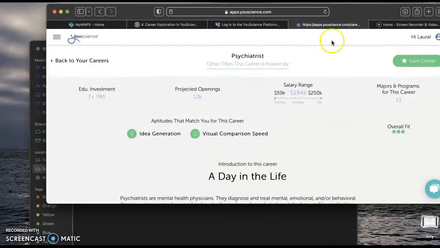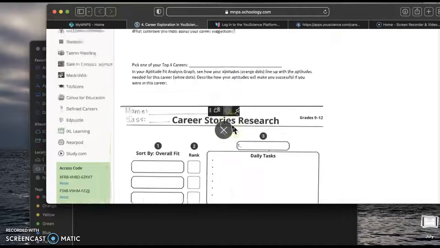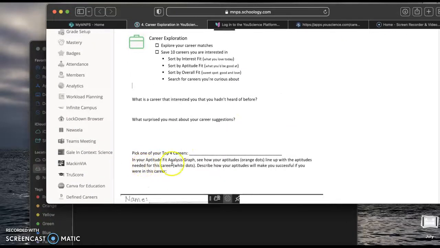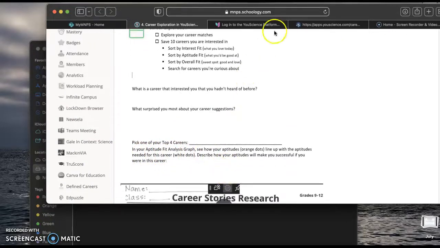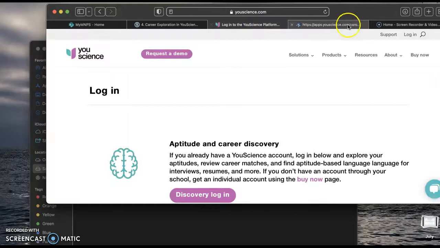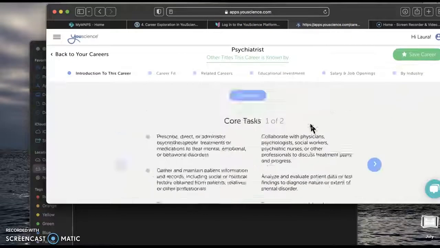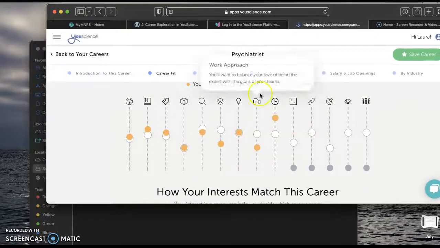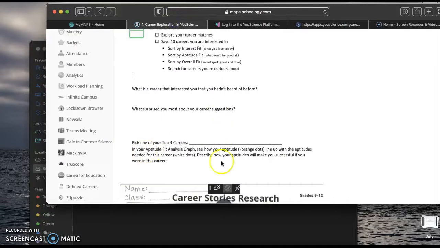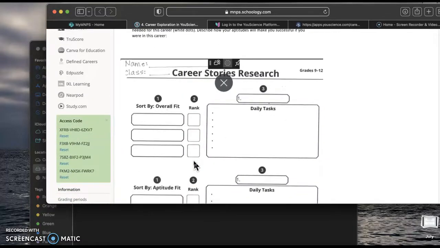And remember, that is from this section. In your aptitude fit analysis graph, that was exactly what I just had. I will not remember where it is. That's this. Describe how your aptitudes will make you successful if you were in this career. And I have your aptitudes are the orange dots. What's needed for the career are the white dots. Okay, so